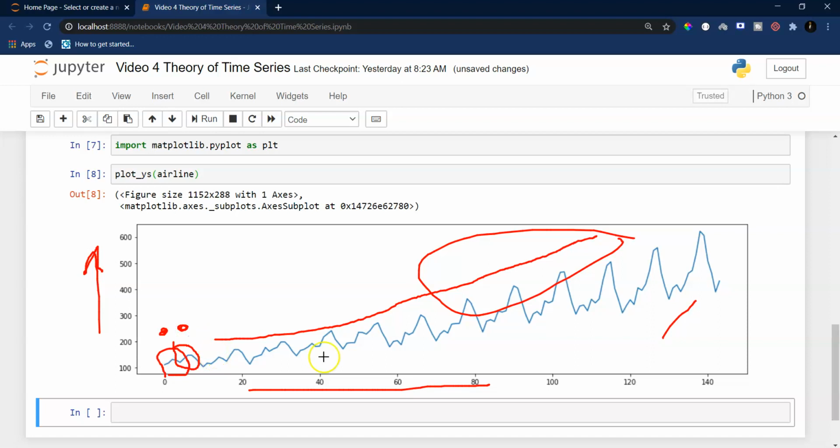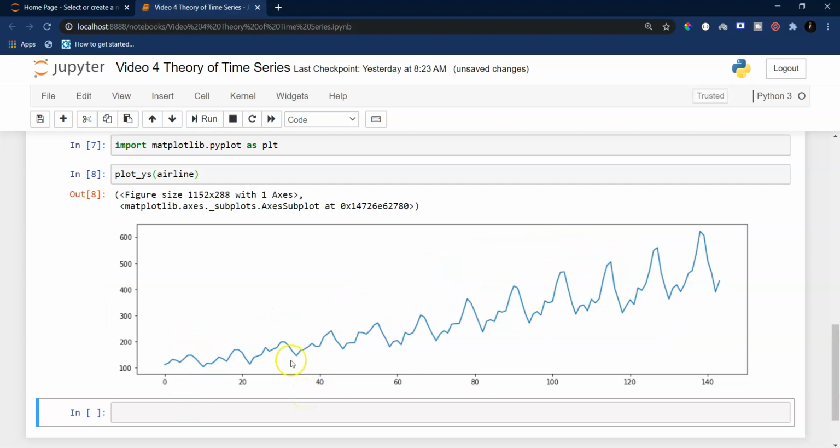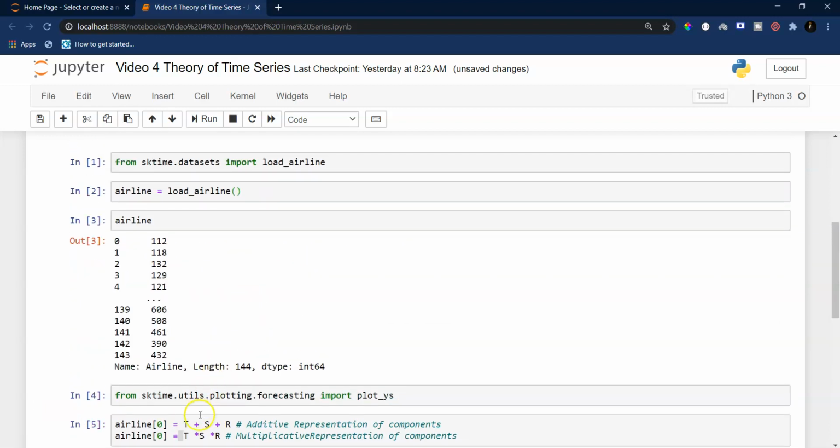Once it does this step for all the data points, the remaining plot hopefully represents only the trend component, not the fluctuations which are happening. And what do we mean by fluctuations? These sudden increases and decreases in the graph are what we mean by fluctuations. So we want to extract the trend out of this whole time series. Once we extract this trend, we will be able to figure out the T value.